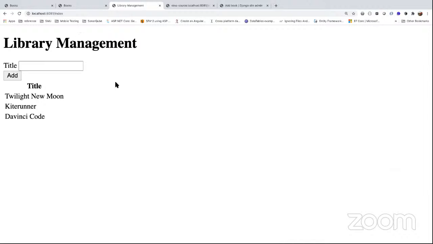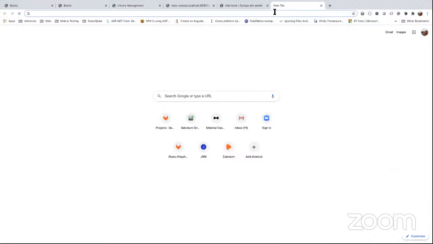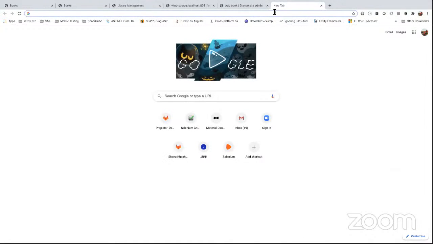So the next thing is more about how we are going to style the page. We've seen that now it's a very ugly looking page, so let's give it a small layout. And how we are going to do the layout is using Bootstrap. Whoever has basic knowledge of HTML or the plugins might be familiar with Bootstrap as well. Bootstrap is a plugin which allows you to lay out your HTML pages. So if you just Google Bootstrap,